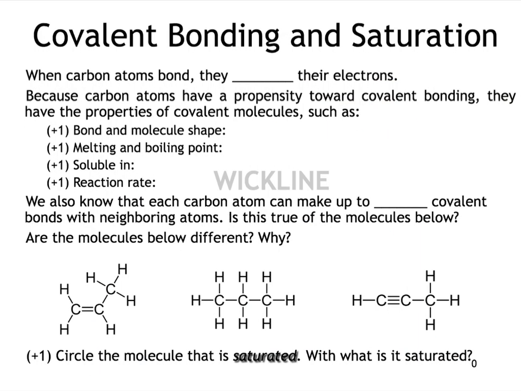Okay, when carbon atoms bond, they share their electrons because they tend to be covalent. And covalently bonded molecules will tend to have the properties of covalent molecules. Those properties are that the bond and the molecule shape are generally both considered nonpolar. Now, there are some cases when you'll see some polarity, like for instance in this molecule, it's covalent, but you